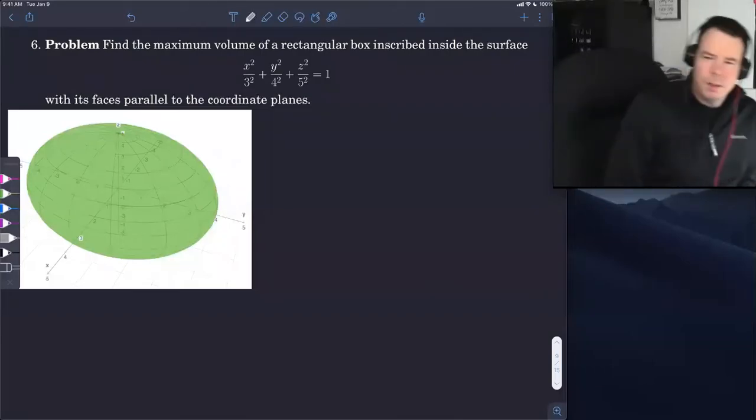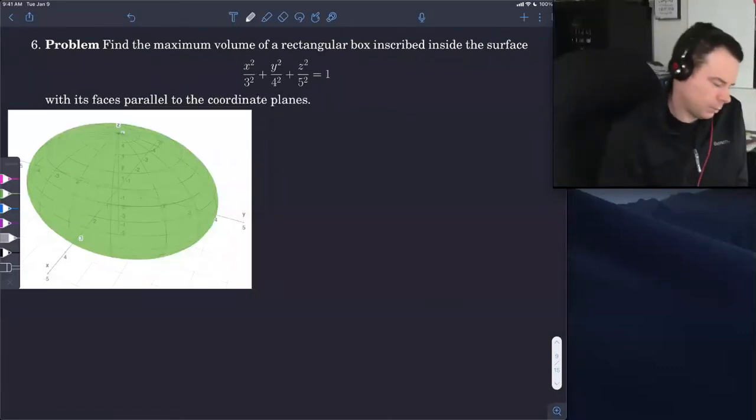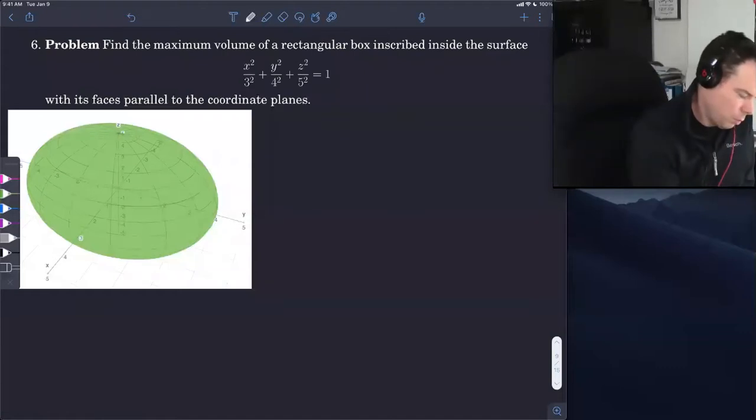Everyone, we'll do another example of Lagrange multipliers. In this case, we want to find the maximum volume of a rectangular box that can be inscribed inside this surface, so this ellipsoid, where the faces are parallel to the coordinate axes. So what do we have? Well, since we're imagining a rectangular box sitting inside here with faces parallel to the coordinate axes, it means the